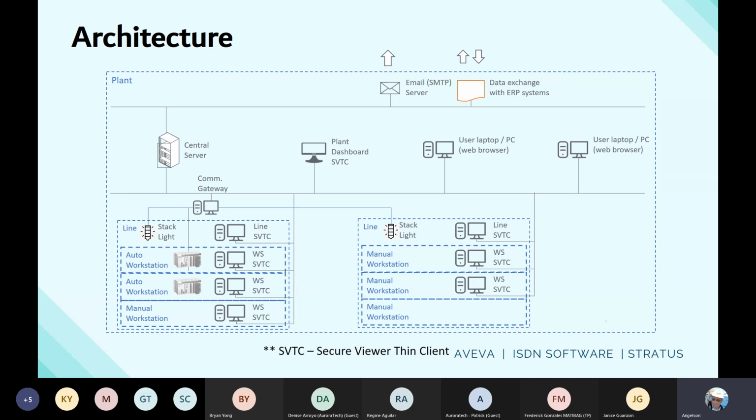Next is the typical deployment of our DLM solution. In this diagram, we can see that we have two lines, the automated line and the manual line. Under our production line, we have deployed several thin clients, a secure viewer thin client. And from our automated line, we have the communication gateway to handle all the communication to your PLCs and field